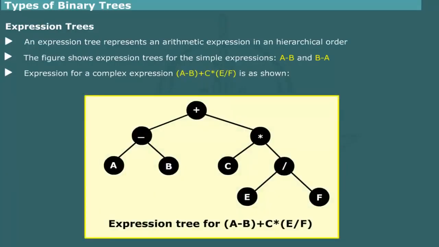The expression for a complex arithmetic expression such as is shown in figure. Notice that operands in the expression tree always appear as leaf nodes and operators are contained in the internal nodes or in root node. In a later section, we shall examine how to construct an expression tree for an arithmetic